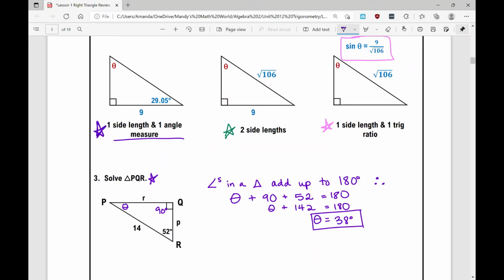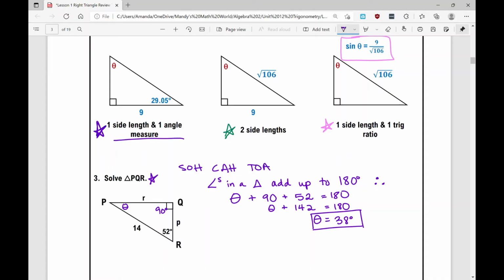Now, can I use the Pythagorean theorem to find the lengths of the other two sides? I can't, because to use the Pythagorean theorem, I need to know the lengths of at least two sides to find the length of the missing side. But when I know an angle measure and the length of one side, I can use a trigonometric ratio, which we know,